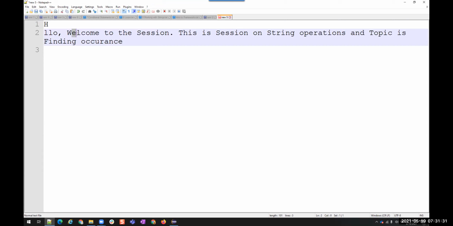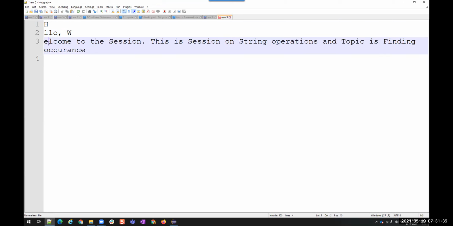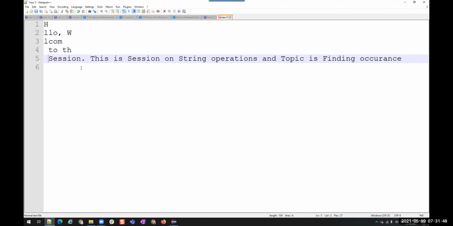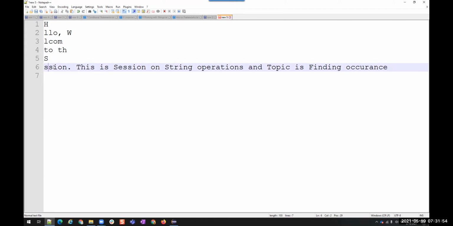Here it is E, so whatever is before this will be present here, and whatever is after E goes to the next position. And again, here also E, it will be here and then in this position. Now here again there is E, so it will go to the next line and start from here. You understood? So this is how it is going to get stored before and after.